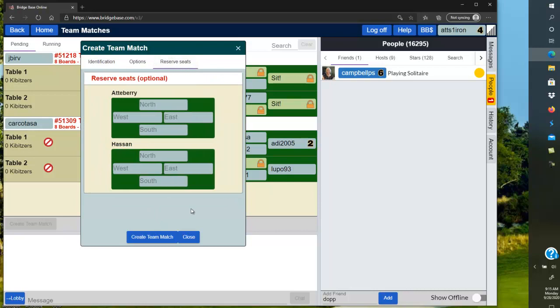The final thing then is reserve seats, and you'll notice now here's where the 2 captain names come back. Okay, and so what it's asking for, and this is where there was some confusion before, is: this is my team and this is Hassan's team. So if I put in, myself,